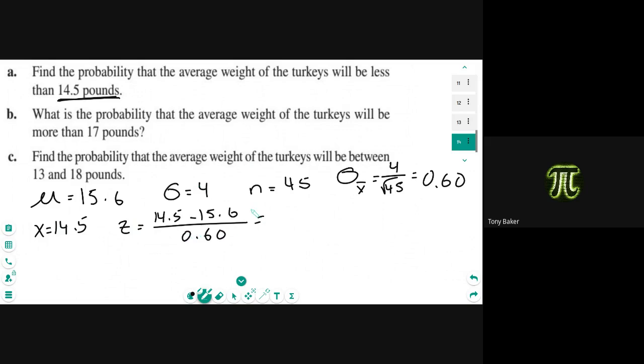So you'd have been looking at 1 turkey, not 45 turkeys. I don't know how you got the 0.60. It's the standard deviation for 1 turkey, which is 4. That's what they gave you in the problem, divided by the square root of how many turkeys you're looking at in this problem. I don't know how to do that. Type 4